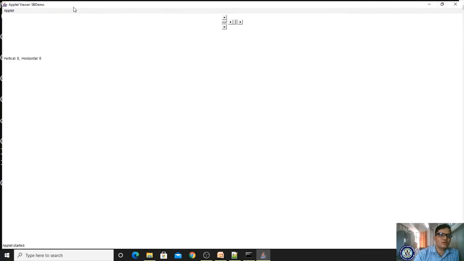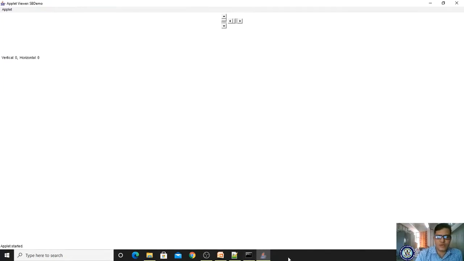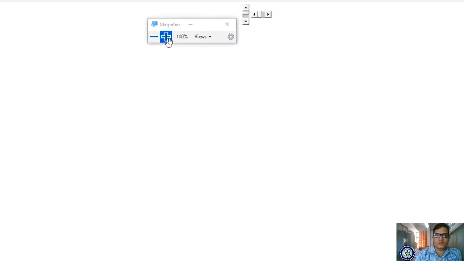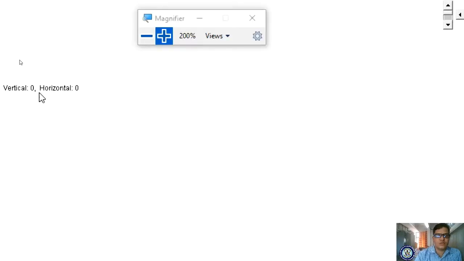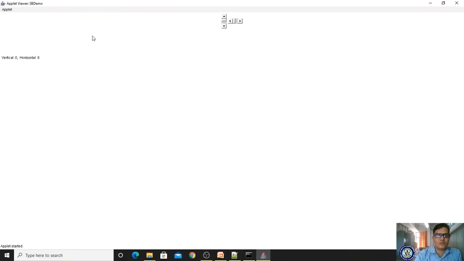Please observe here. It is opened. Let me maximize, and you are seeing that now there is nothing, 0 0 is there, right? When I try to drag here, it will show. When I click here, adjustment listeners are executing, and you see the star is also moving. If I click here, the star is moving and displaying the location value.